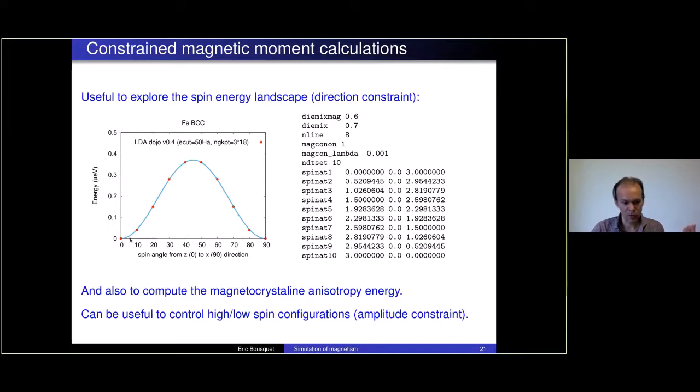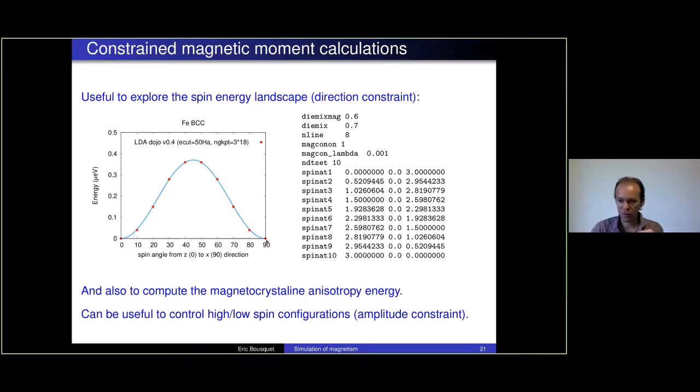You see the red dots are the calculated energies from DFT for different spin directions going from Z to X, and I put a small rotation going from X to Z. This is the example here of the input. You see my initial magnetization is along Z, and step by step I transfer some magnetization from Z to X, and it's giving a given angle. And then I can compute the energy for all these spin orientations, and then I have the energy landscape